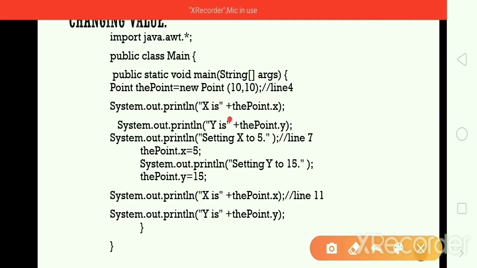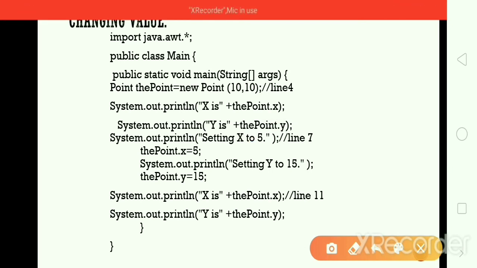Here I am accessing the instance variables and their values with the dot notation. The point on the left side is the object instance, and x is the variable on the right side of the dot. In the same way, for y we have point dot y.